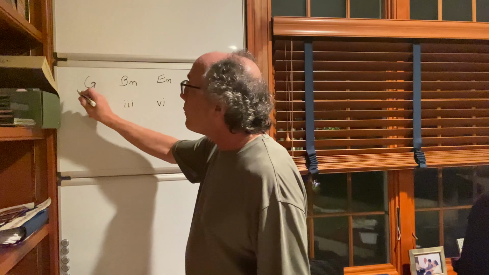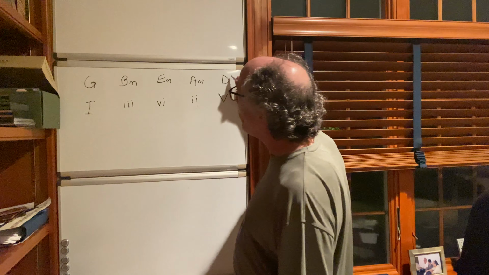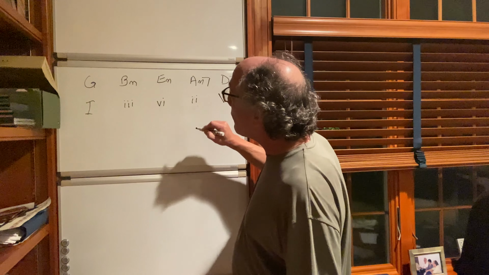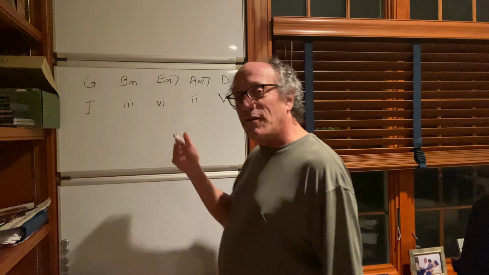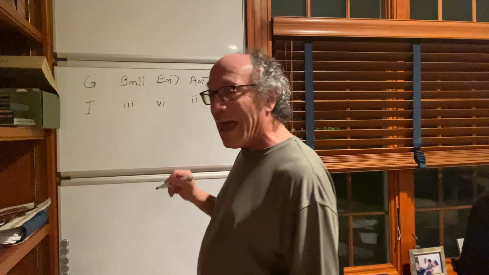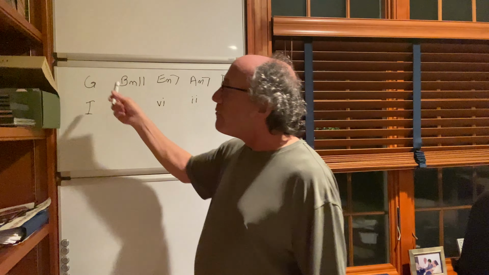And we'll jazz up the chords a little bit when we play it. So here we'll do a D 7th, A minor 7th, E minor 7th. For the B, let's do B minor 11th. So that will add the 7th and the 11th. The 11th is the same as the 4. And for the G,